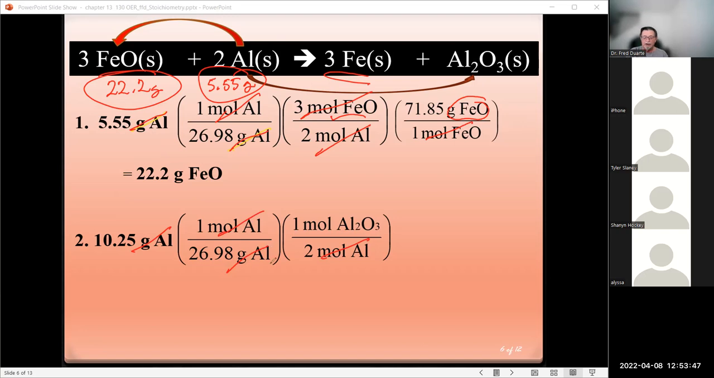So at this point, I am unit-wise in moles of aluminum oxide. Notice I started off with grams of aluminum, went to moles of aluminum, and now I'm in moles of aluminum oxide. Now I can convert to grams of aluminum oxide because I need one more conversion factor, which is the molar mass of aluminum oxide. And I get that, to refresh your memory,